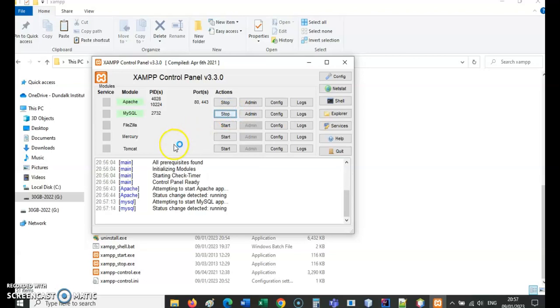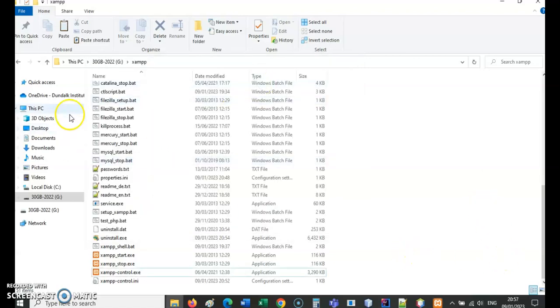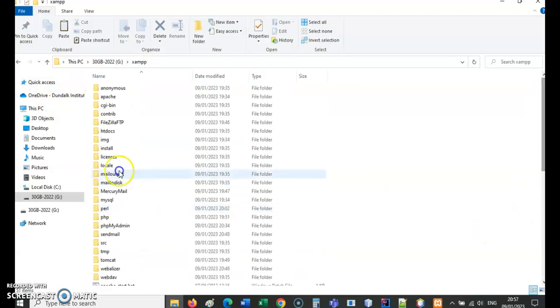Okay, so we're now working. We've got the server activated and we've got MySQL activated. You can see that Apache and MySQL both have a light green background. And because we took User Account Control's advice not to install into the C Program Files folder, everything seems to have gone okay. We're not getting any error messages in here. So the question now is, how do I actually get into the server on my memory stick or wherever I have the XAMPP folder? And the answer is